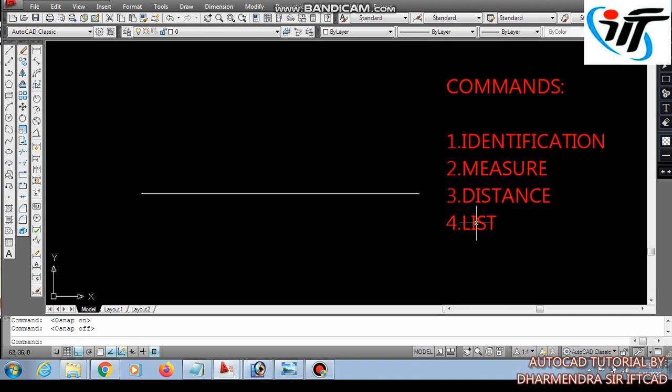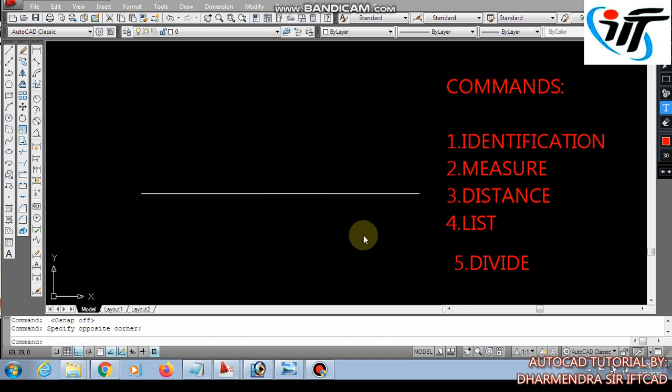Now our next, the fifth one, is divide. For divide, if we take this line, it is 12 mm in length. I want to divide it into 4 parts.